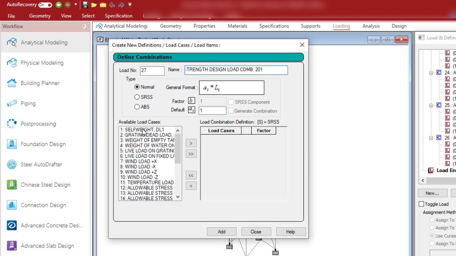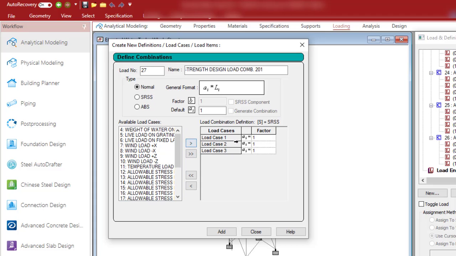So dead loads 1.4, 0.4, 0.4. Let me copy this, add